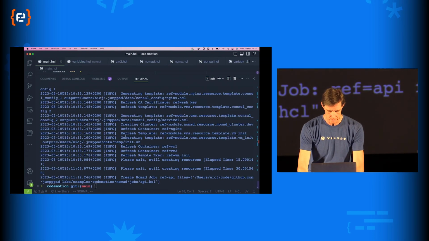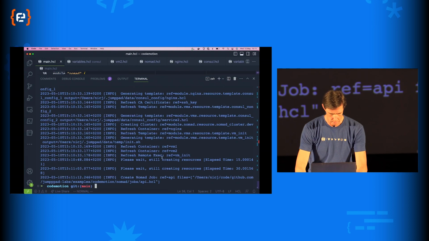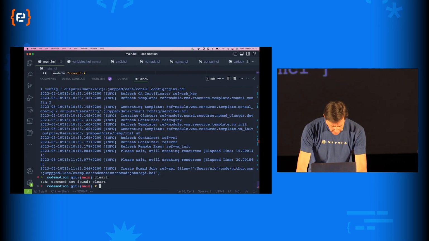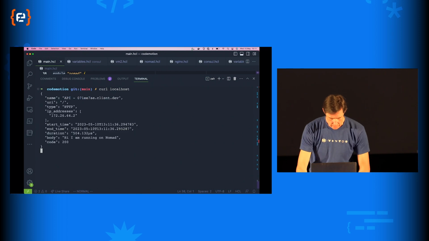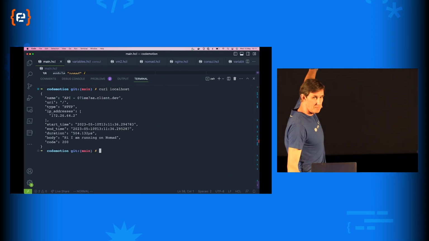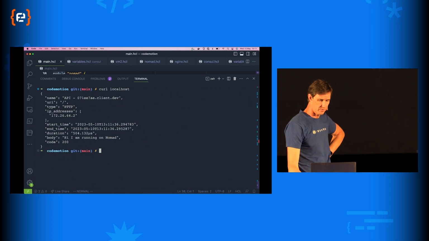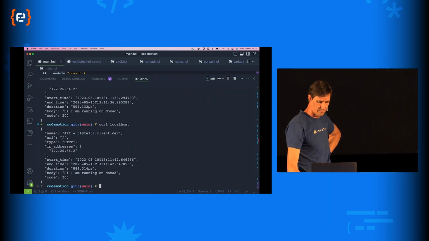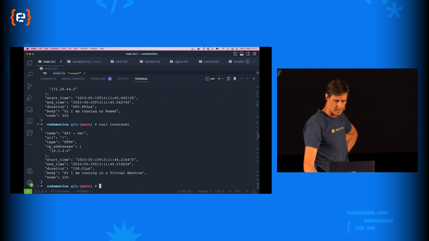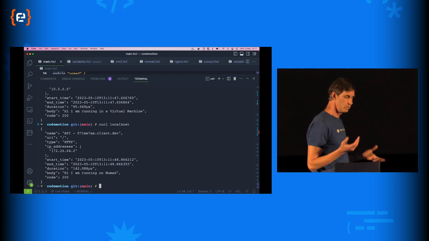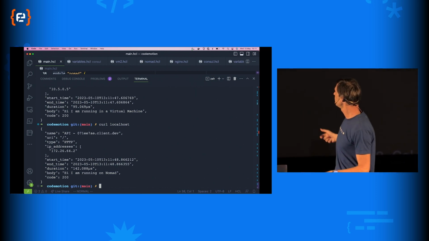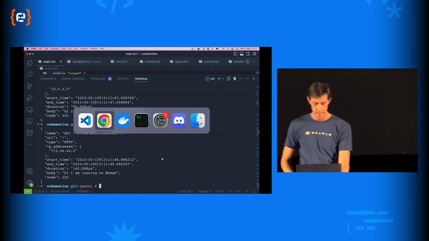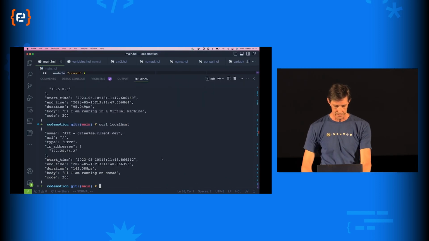So if I do, no, I don't want to do that. If I curl localhost, so now you see, what I'm hitting there is one of the clients. So it's got the reference of the Nomad client. I'm running the reference, my API is running through there, hitting a VM. So I've now got those two Nginx instances and my Nomad cluster all in sync, all set up, all running locally, all spinning up within under a minute.